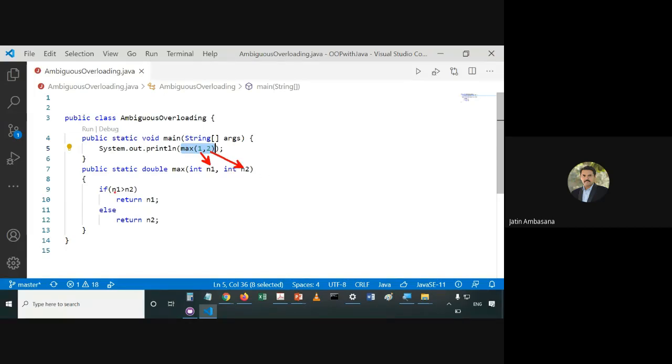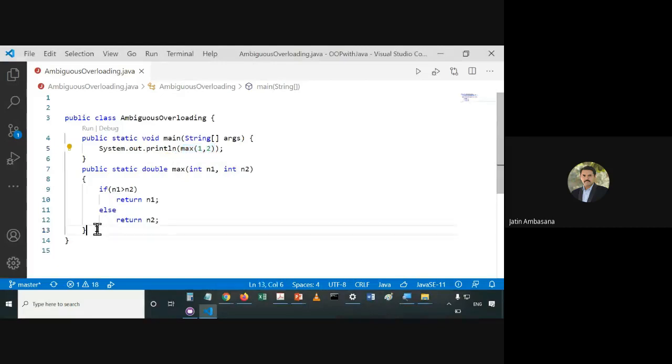Once we compare it, that's fine. But when we return it, obviously this return n2 happens. But what we are returning over here is the double data type. So while getting returned, it sees that it has to be converted into a double data type. So when it is given to println, it prints 2.0 and not 2.